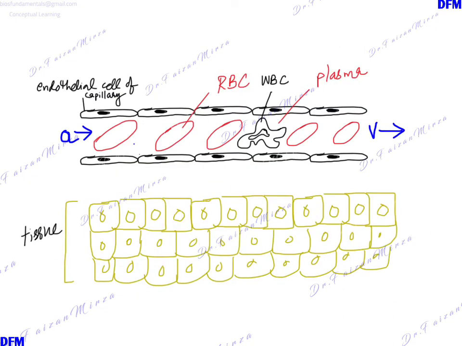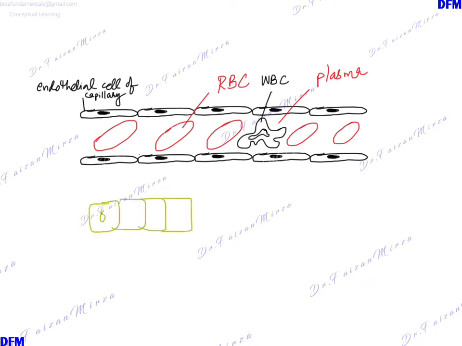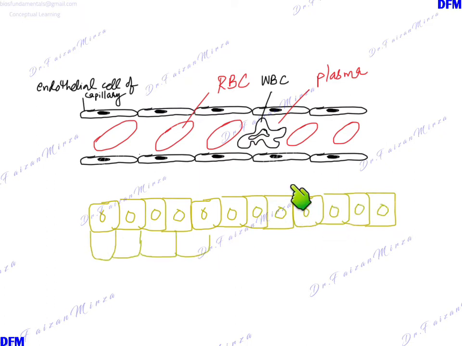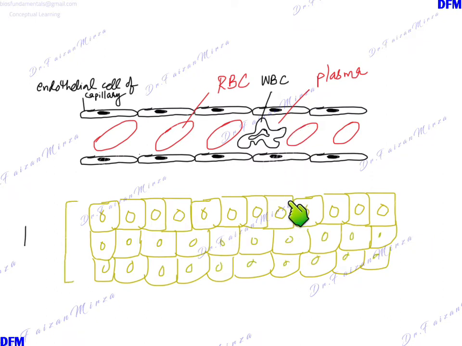The next thing I want to discuss is how the fluids get exchanged, how the plasma leaks out to form tissue fluid in the tissue spaces. Here are the red blood cells and the plasma, and these are the endothelial cells of the capillary. A white blood cell is also present inside the capillary. These are the cells of the tissue, which I am drawing here, present in the tissue space. The blood plasma in the capillary can leak out to form the tissue fluid, which comes into the tissue space.